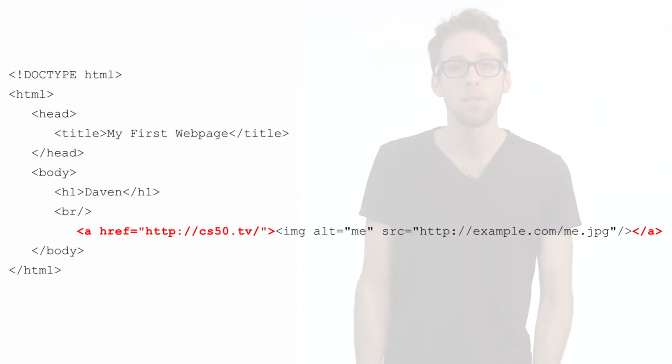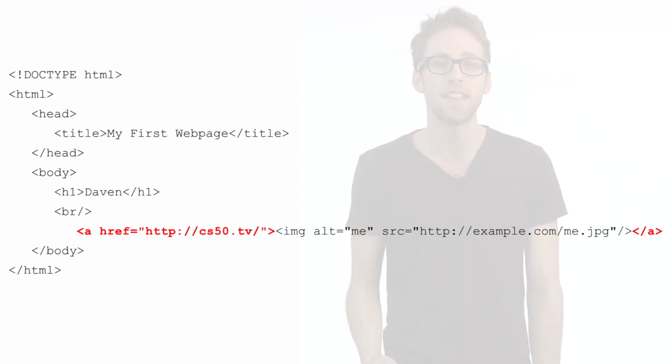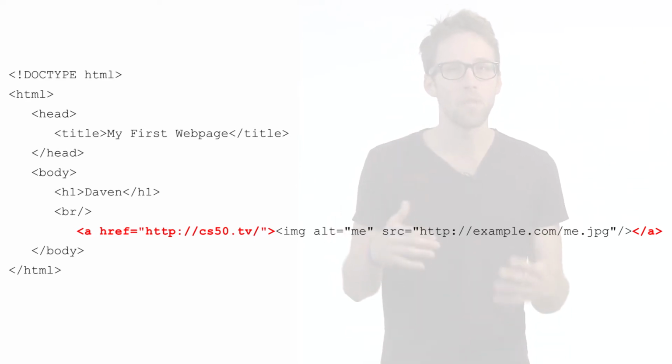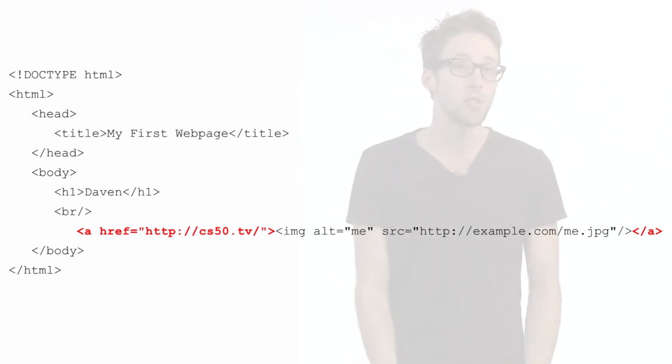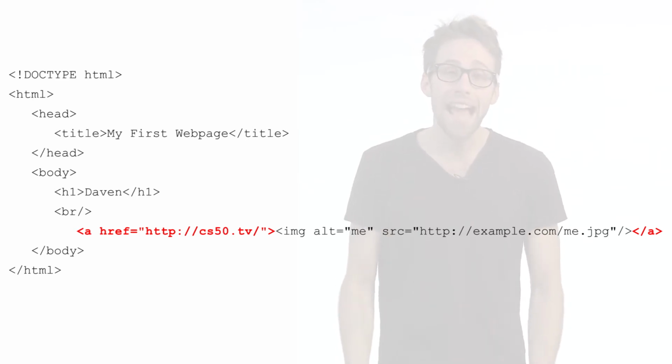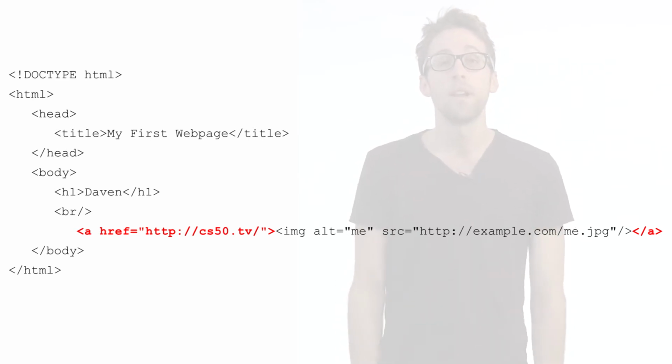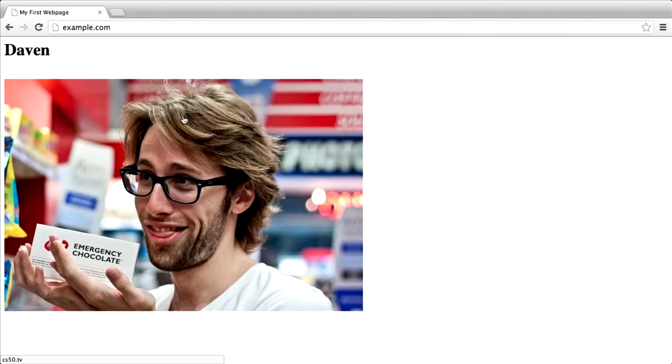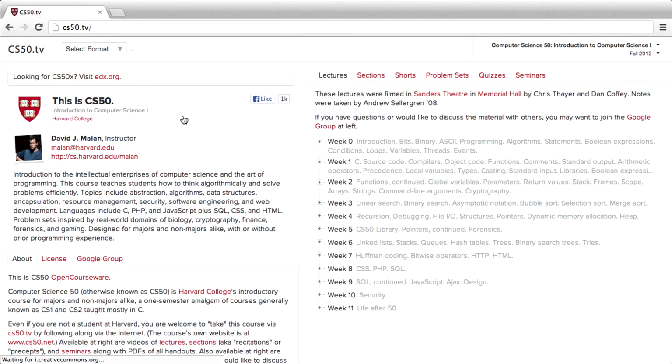useful web page. I've had to minimize the size of the text a bit because our web page is getting more advanced. But hopefully it's still clear. My website looks exactly the same, only now, whenever I click on the picture, my browser will open up another tab for the cs50.tv web page. Lastly,